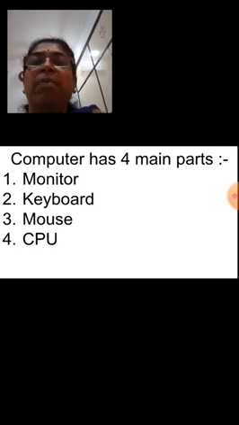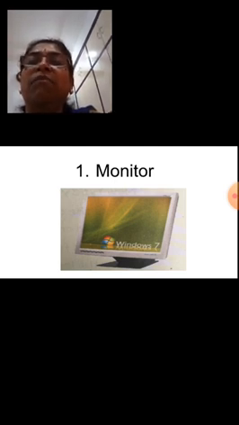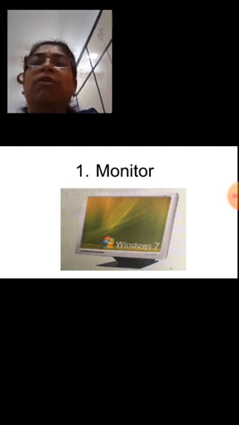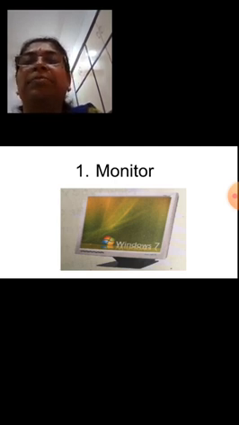Now one by one we will revise. The first part is the monitor. Another name for monitor is screen, or it is called VDU. V stands for visual, D stands for display, U stands for unit, because we can see it visually, that's why it is called visual display unit.